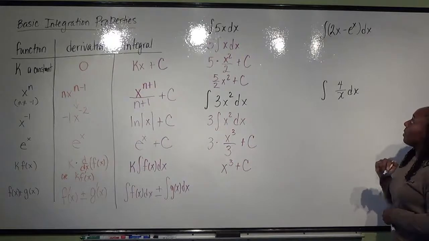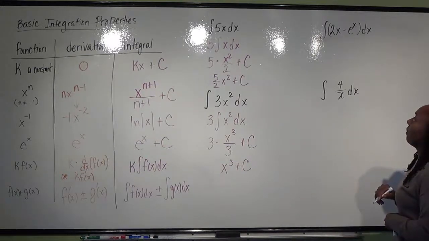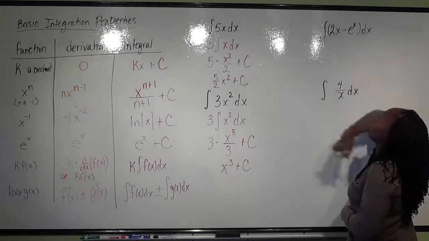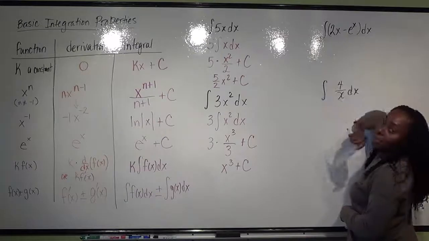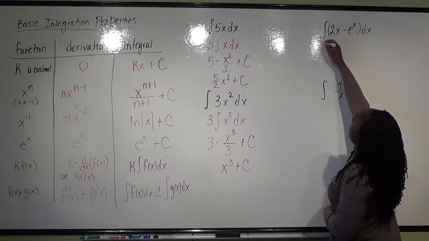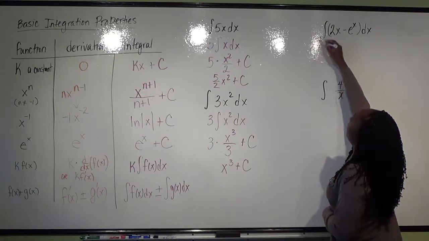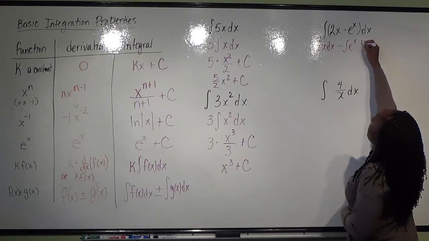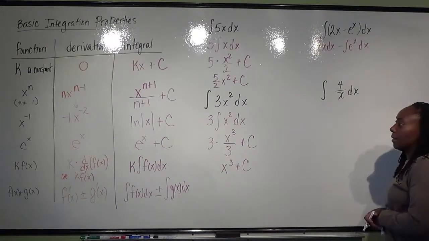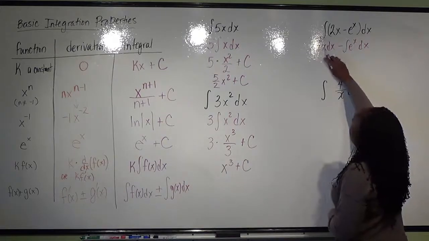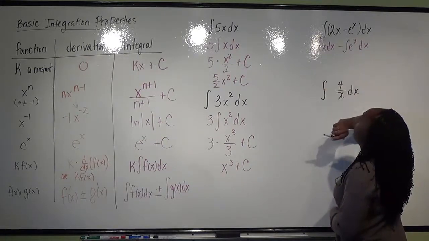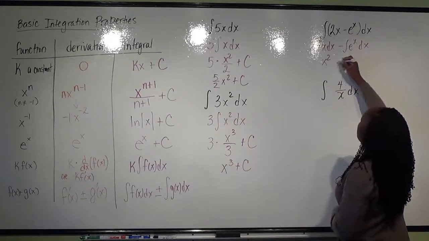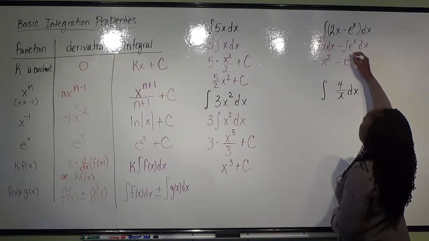In these last two examples, we're using some of the other properties there. So in this next one, I still have a coefficient times x, but now I've also got an e to the x and a difference. Okay. So here we can separate this out. This is the integral of 2 times the integral of x dx minus the integral of e to the x dx. Okay. Again, applying my power property, I can see I'm going to get an x squared over 2. So that 2 will cancel out. I'm left with an x squared plus c minus antiderivative of e to the x